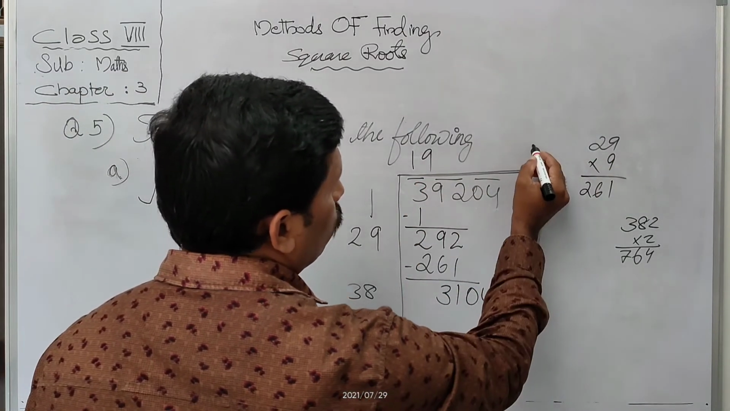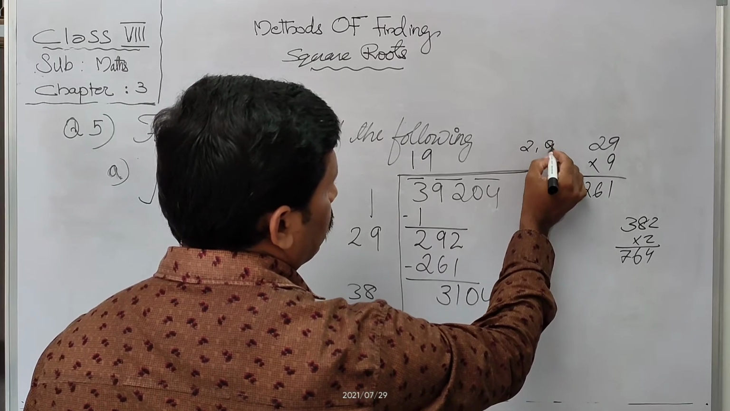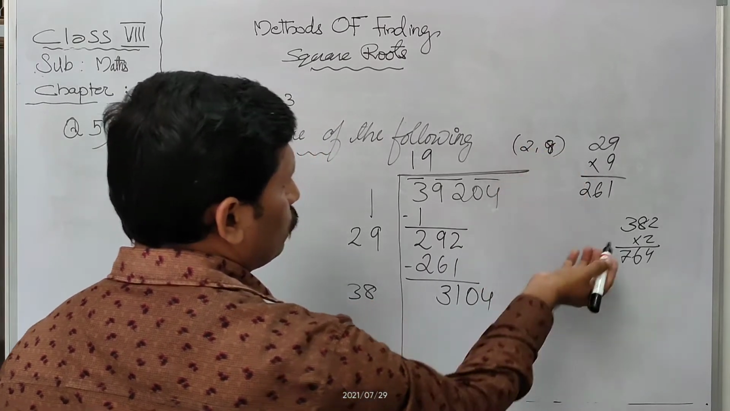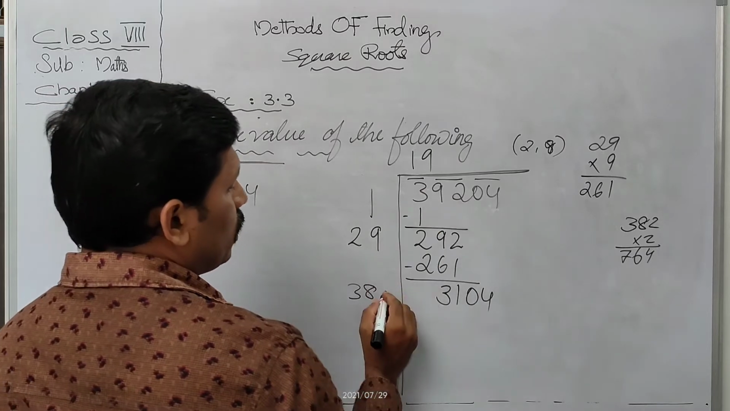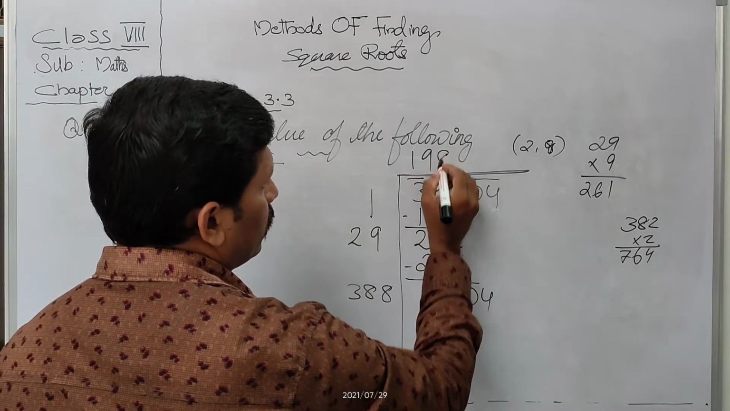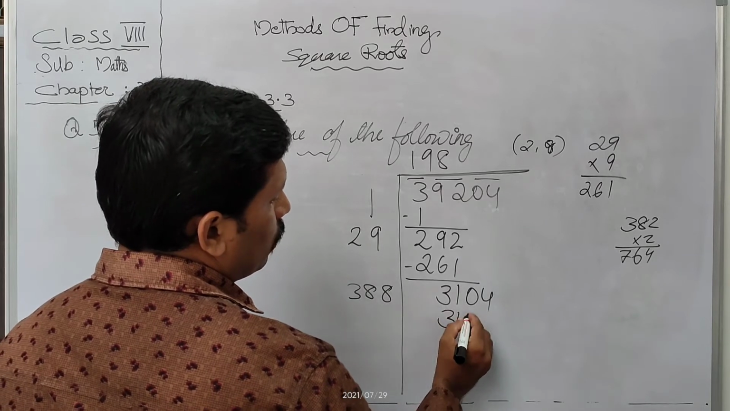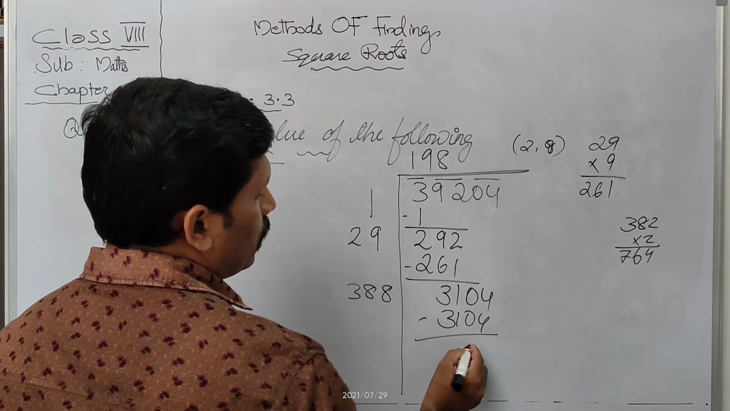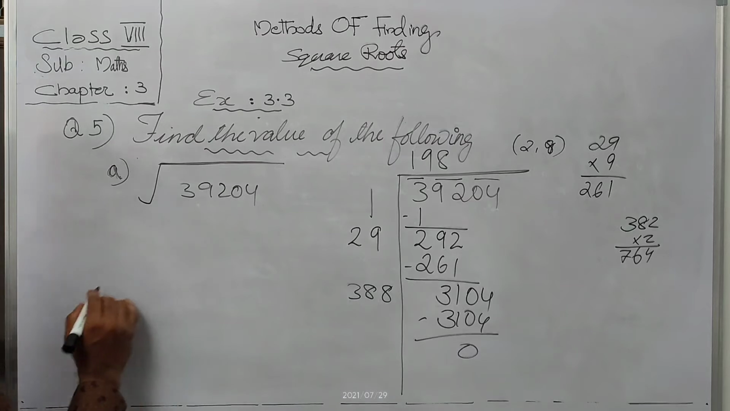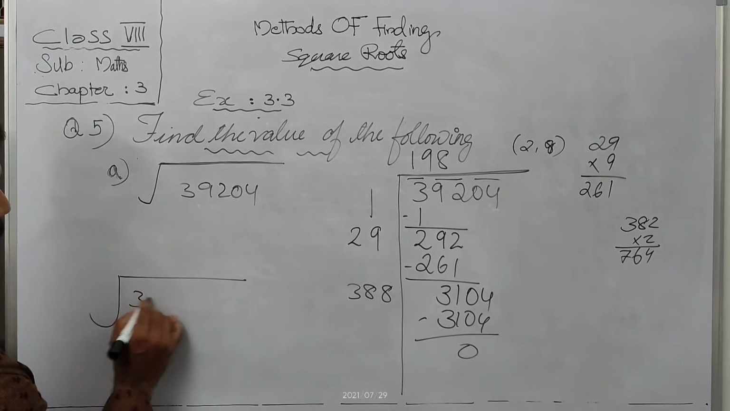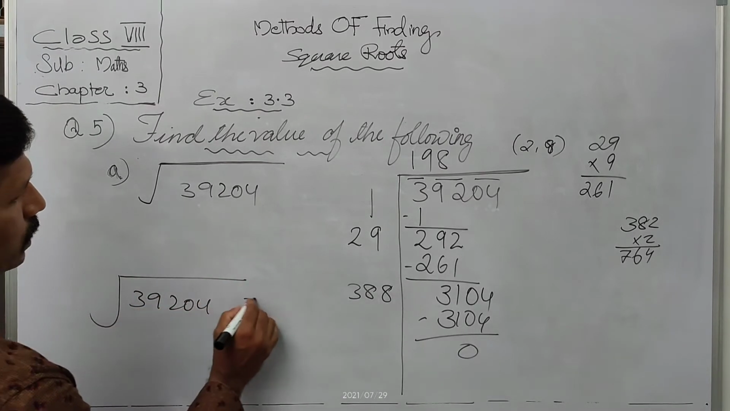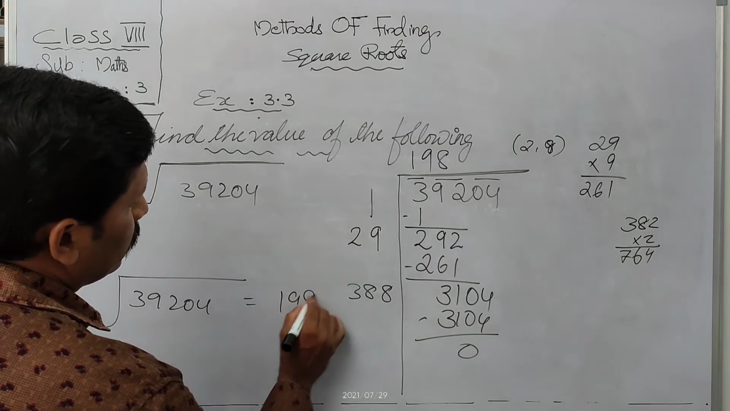The 2 chances are 2 or 8. If 2 is not the digit, then surely it will be 8. So that 8 we write here and here also. And 8 into 388, we get 3104 and 0. So the value of this is 39204, that is equal to 198. Okay students,